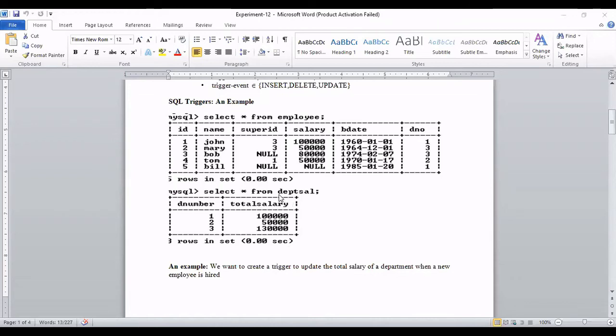You update the salary in this department salary as per the employees present in the employee table. If I am deleting an employee, the salary should decrease. If I am adding one employee, the salary should increase automatically. Then what will we do? I don't want to call the procedure. Then I'll write a trigger there. What will the trigger do? Once you delete a record from here, that trigger will fire automatically.